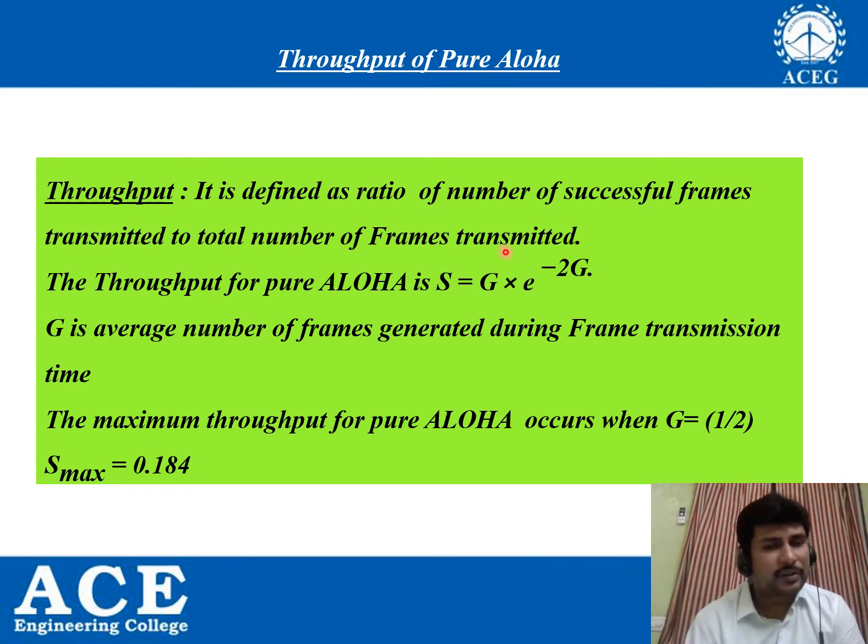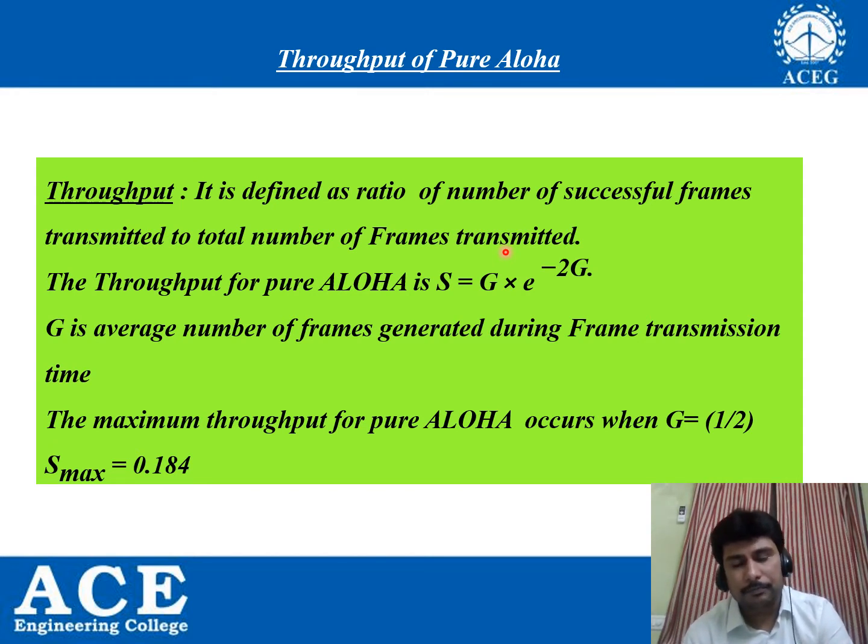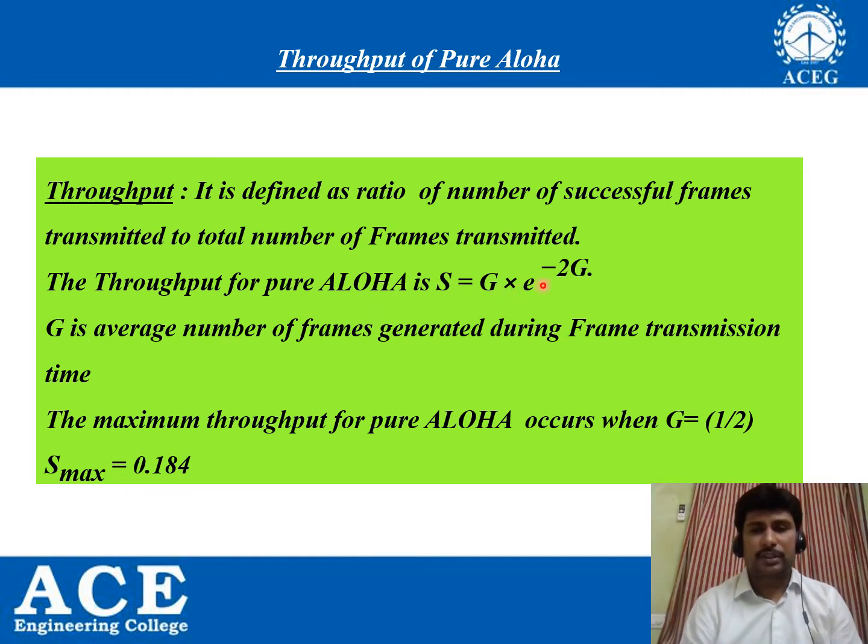Let us refer back to our previous example where you tried to send 8 frames in which only 2 frames were successful. So what is the throughput in this case? Number of successful frames is 2 divided by total transmitted frames 8. So throughput was 2 by 8, which is equal to 1 by 4, which is equal to 0.25. But if we assume that we are sending G average number of frames during a frame transmission time TFR, then the throughput of pure Aloha is given by the expression S equals G into e power minus 2G, where G is the number of frames transmitted during a frame transmission time and